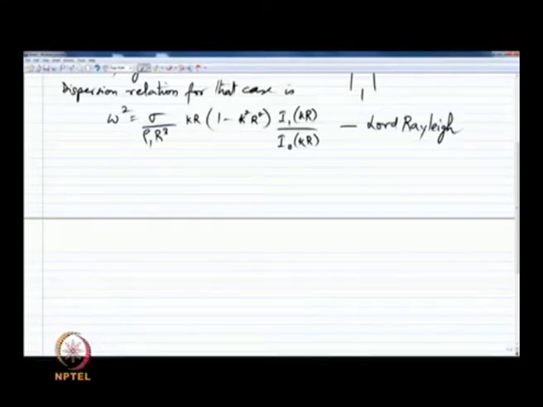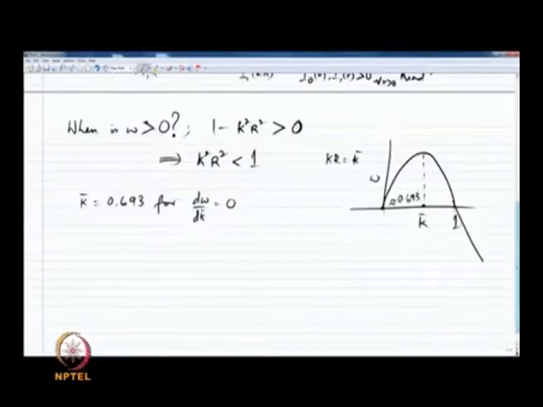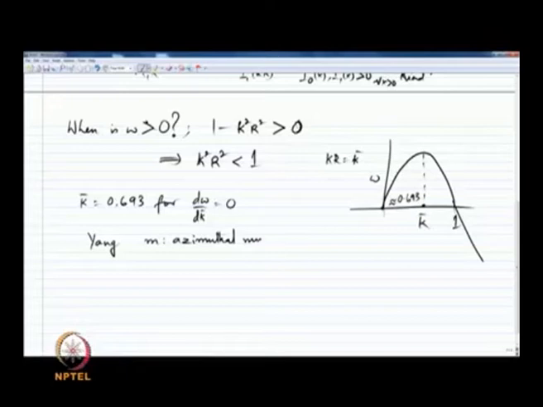Now, why would one prefer that the cylindrical column would only break up in an axisymmetric sense? There is really no reason to believe a priori that the cylinder would only break up into axisymmetric drops or axisymmetric features. So, if one were to take the full Yang analysis, where you have m, an azimuthal wave number, as well as k, which is our axial wave number, then is it possible I may find an m star, a particular value of m for which the disturbance would grow the fastest? And if I go back to the Rayleigh case for a moment,